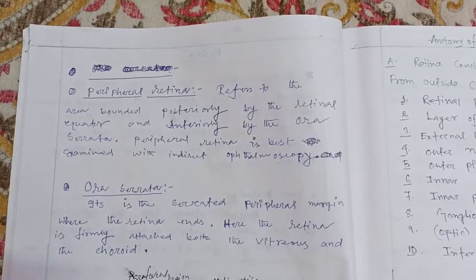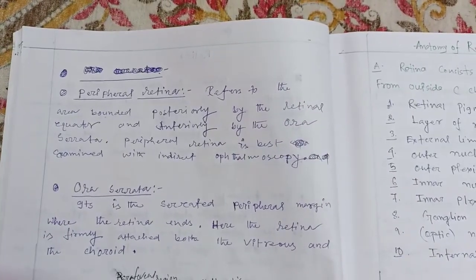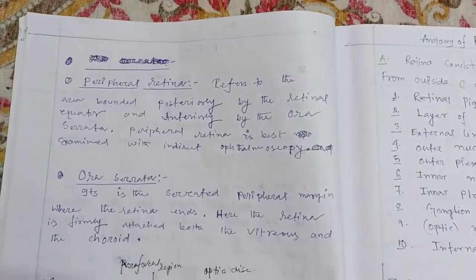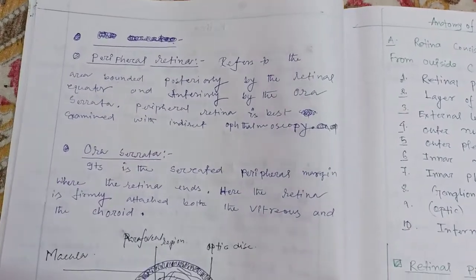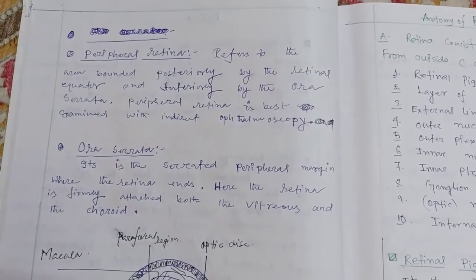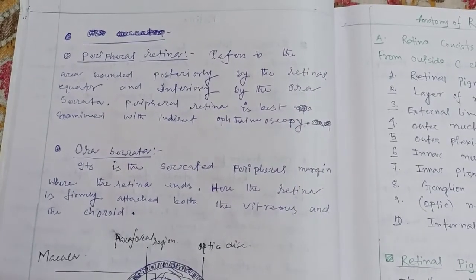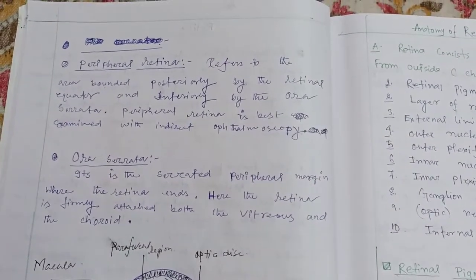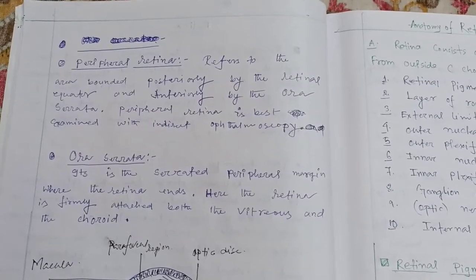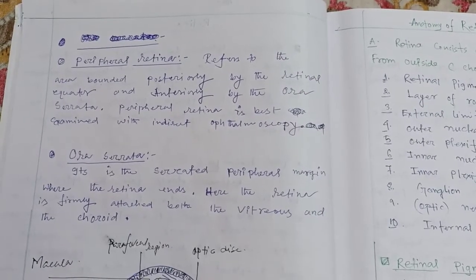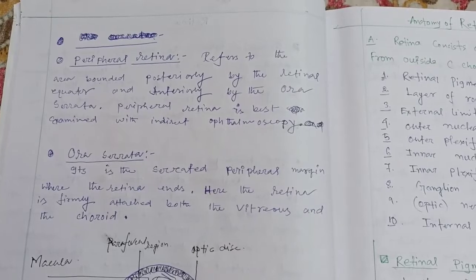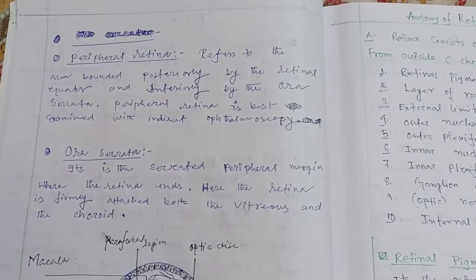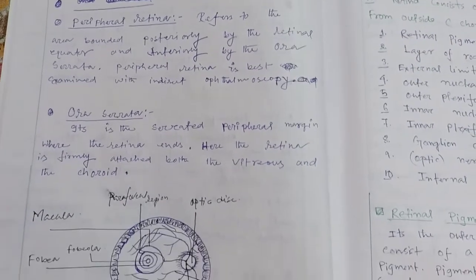এবার জানবো যে peripheral retina refers to the area bounded posteriorly by the retinal equator and anteriorly by the ora serrata. Peripheral retina is best examined by the indirect ophthalmoscope. Okay, ora serrata কি? It is the serrated peripheral margin where the retina ends. Here the retina is firmly attached to both the vitreous and the choroid. Okay,